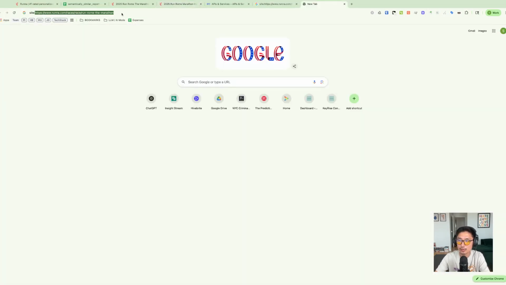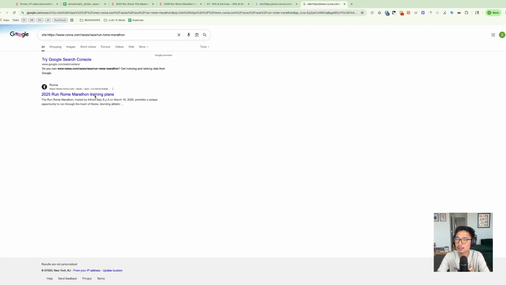I want to do a quick check for the other URL, same thing, site colon, and it seems like this one's indexed as well. So this is a bit of a problem, right? We have two pages that are pretty much identical. They're both indexed. And so if someone's searching for information